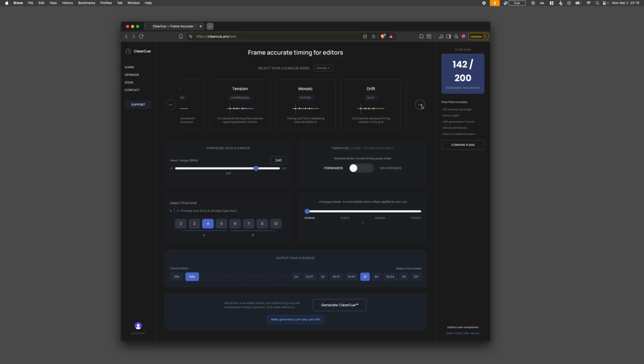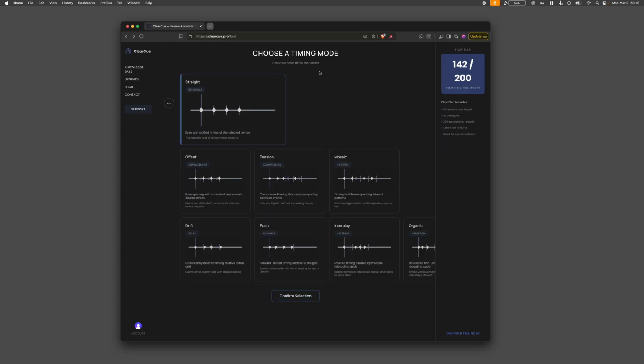Structure comes first. ClearCue just brings that idea into video. It's basically a sequencer for visuals,